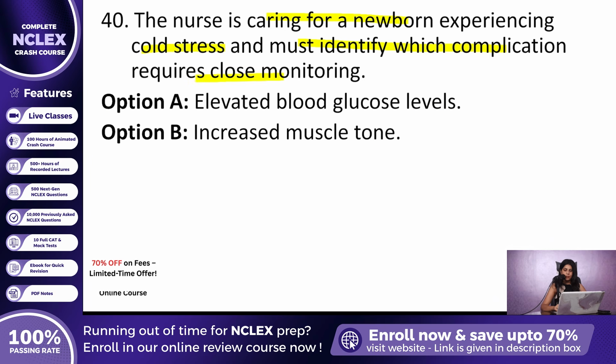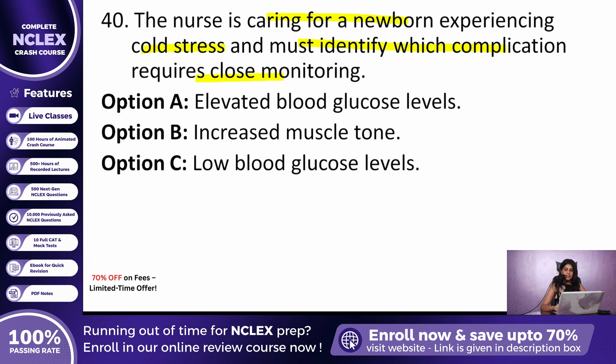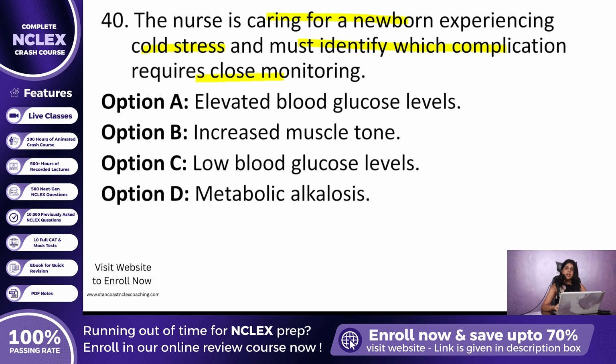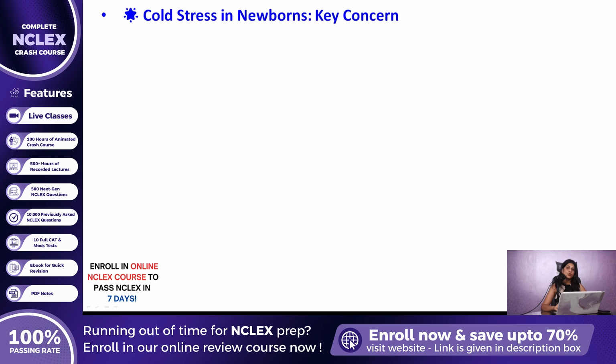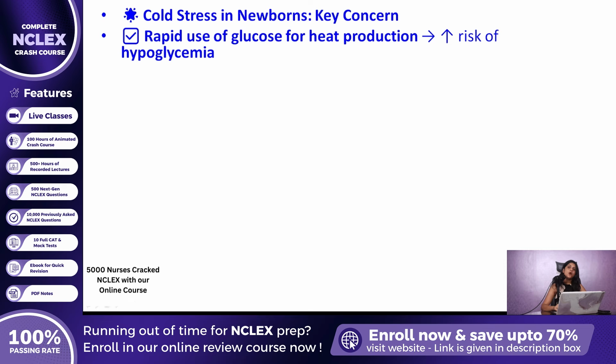Option C, low blood glucose levels. Option D, metabolic alkalosis. The correct answer is option C, low blood glucose levels. Here is why. In cold stress, the newborn's body uses up glucose stores rapidly to produce heat, which can lead